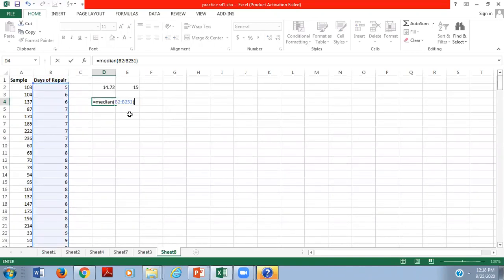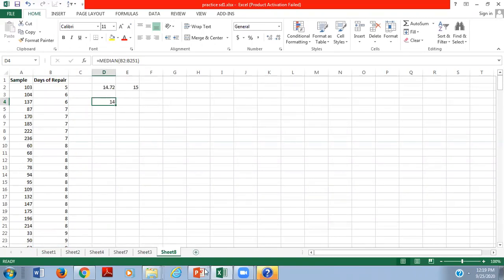Then see here, B251. It means from B2, that is from column B, second row, the data goes up to the 251st row of column B, right? So enter. So just see here, the median is also approximately 14 days, right?